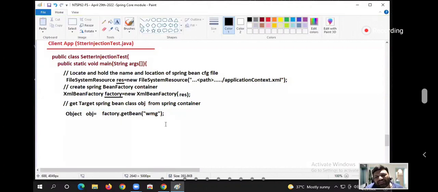Why, sir? I may pass different bean IDs, and this may return different bean class objects. So that's why this method's return type is the common return type, Object. The Object class reference variable can refer to any Java class object. Technically speaking, it is returning the WishMessageGenerator class object only, but we are referring to it with an Object class reference variable. Convinced or not?